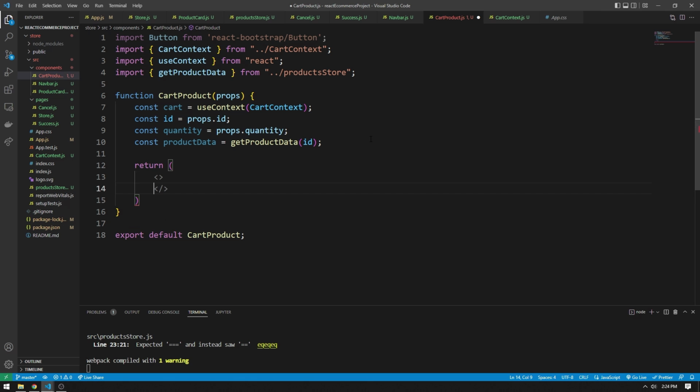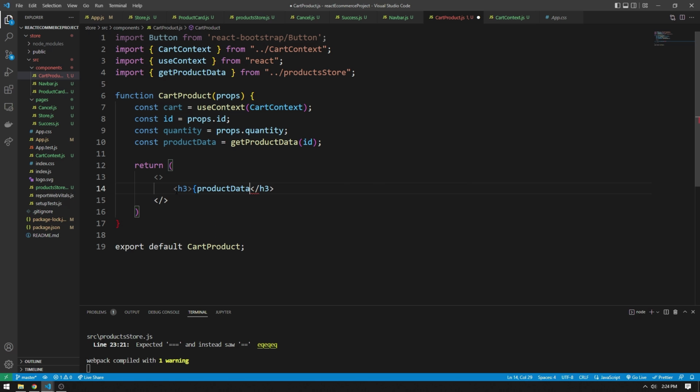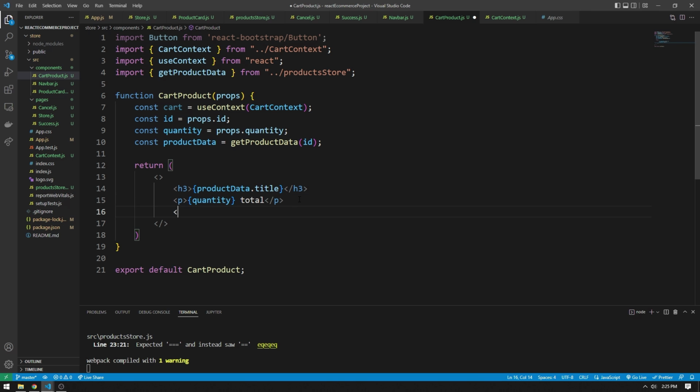So now at the end, we can return. I'm going to make this a little React fragment so we have everything to live inside here. I'm going to make an h3 to hold the title of the product. So I'm going to say h3 productData.title. Going to make a paragraph here, and I'm going to say quantity total. So, 3 total products, for example, is what that would be showing us. I can make another paragraph to show the total price of all these things. So I'm going to make a $ sign there. Then I'm going to say quantity. So how many products do we have? And then I'm going to get that price by going to productData.price. I'm also going to use that .toFixed(2)